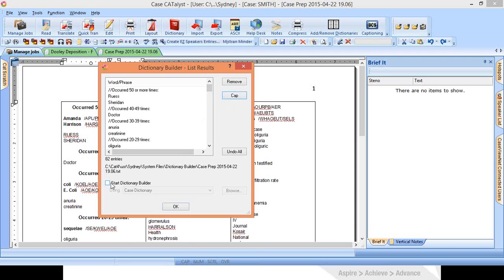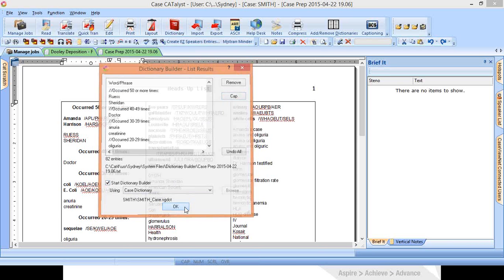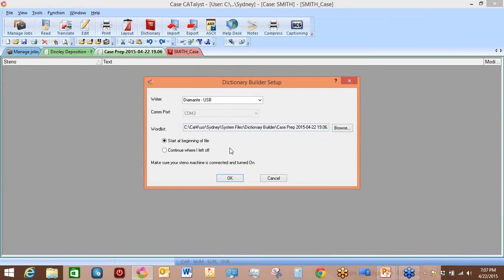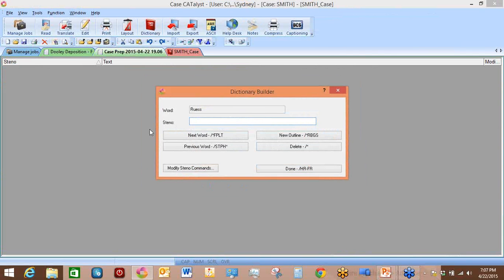But I'm going to go ahead and start the dictionary build program so you can see what this is all about by simply clicking OK. It's verifying what writer I'm using. I'm going to hit OK. And my first word comes up, and it's Russ. So I'm going to stroke in Russ on my Diamante. There it is. And right here it tells me exactly how to move around this program. I'm going to use asterisk FPLT to go to the next word,